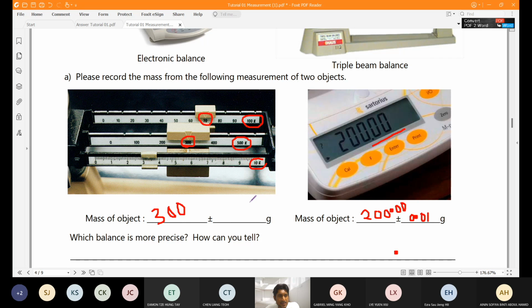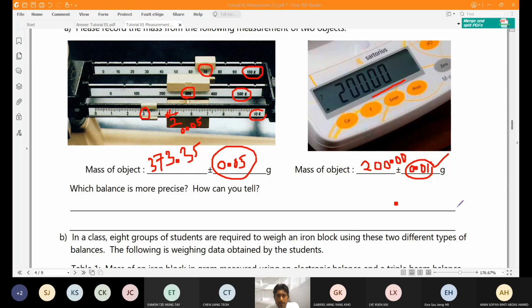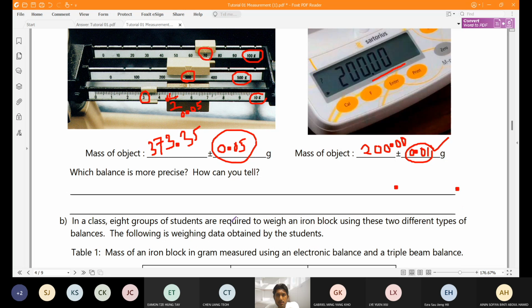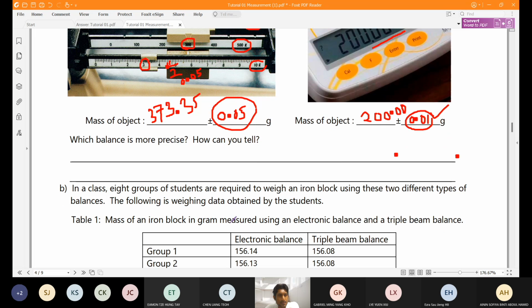Question B says, in a class, 8 groups of students are required to weigh. Okay, before we move on, do you have any question for this type of problem? For this problem, anybody has any question? No. Okay, calling once. Second and third, no. Okay, so